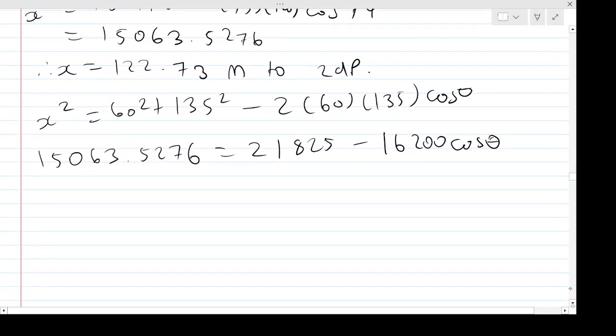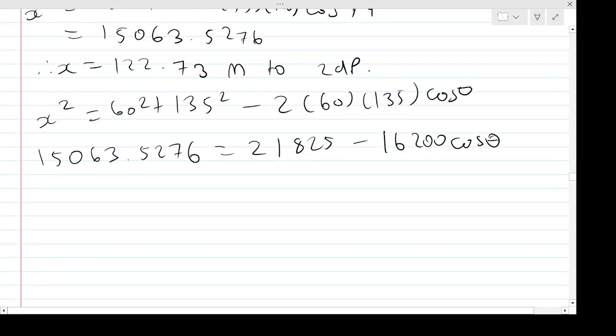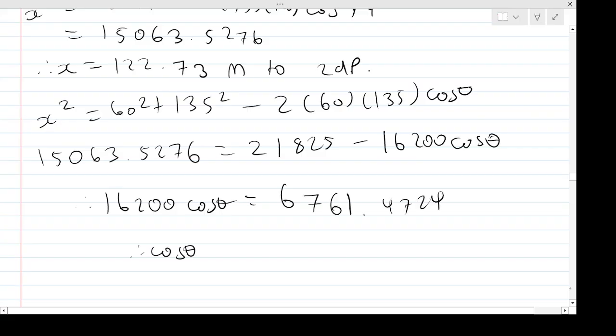And then I could just solve this for cos theta, right? So therefore I get 16,200 cos theta is going to be 21,825. Take away the 15,063.5276, which is 6761.4724. So therefore then cos theta, if I divide that answer by 16,200, the number in front of the cos, I get that cos theta is